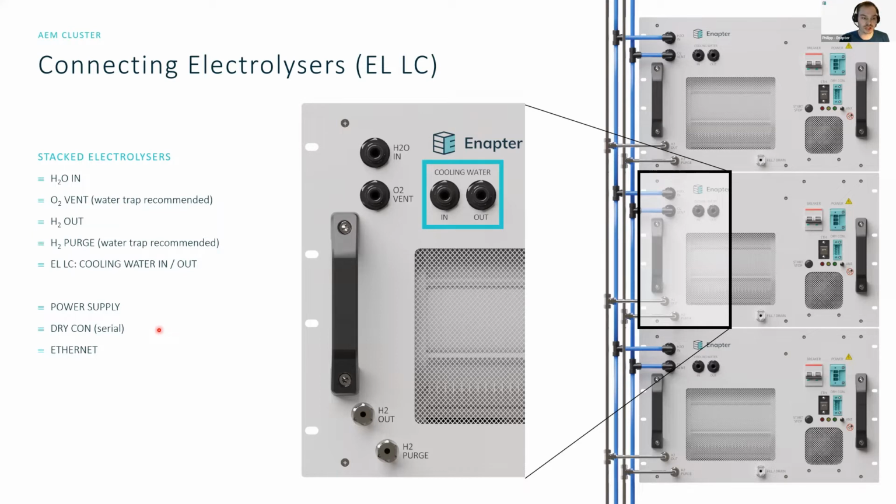And what I want to mention here again is the Drycon connector, which sits over here. With this Drycon connector, it is possible to place a hydrogen sniffer in the top of your cabinet or your container. And then once it triggers, because it detects hydrogen, all connected electrolyzers, which can be connected in serials, can be switched off automatically when this sniffer is triggering.